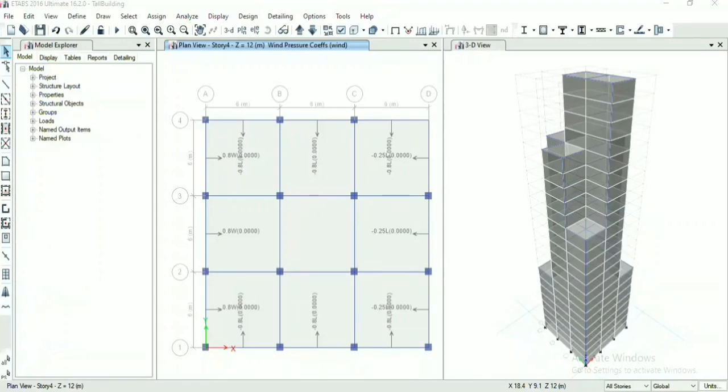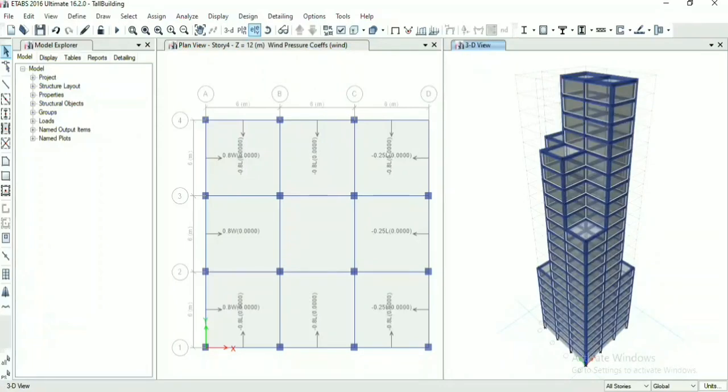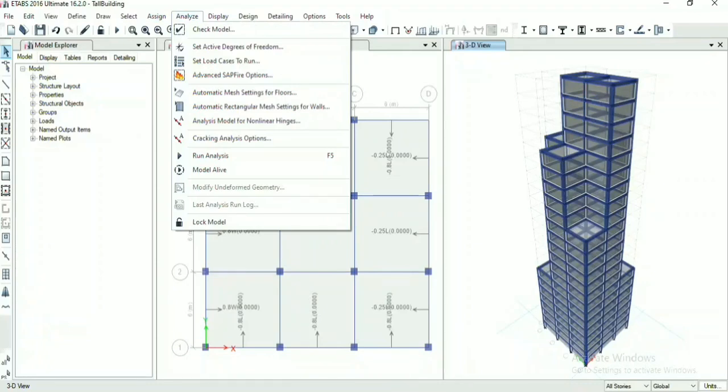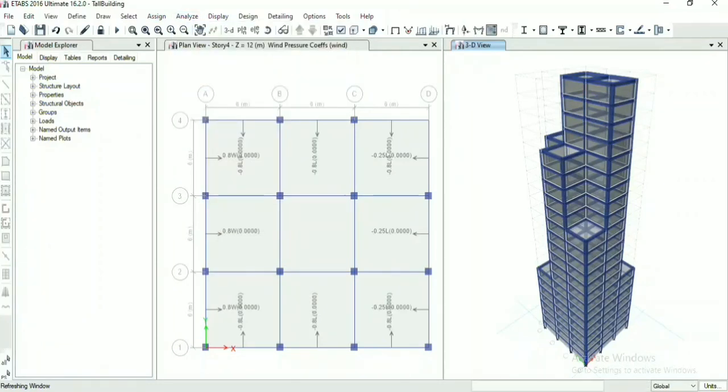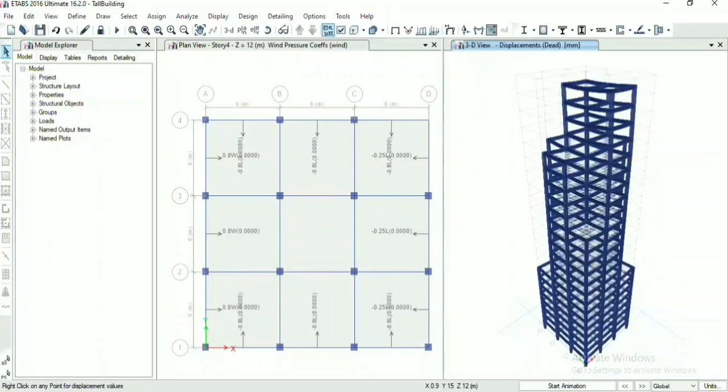Now we will analyze. Before analyze, you can view the 3D view in extruded view. Now we will run analysis. Now analysis is complete.